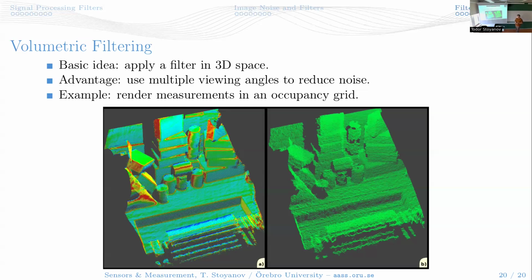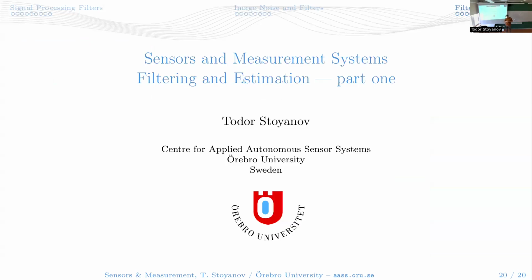But yeah, I think there are more involved methods of filtering noise in 3D. I don't think we need to go into details. Okay, this finishes part 1 here of